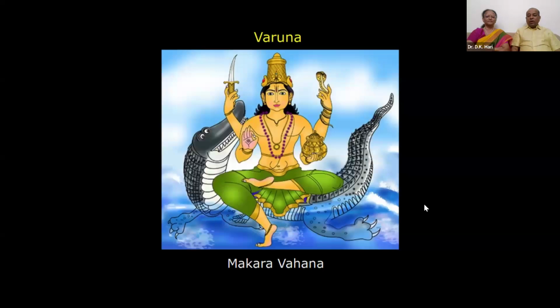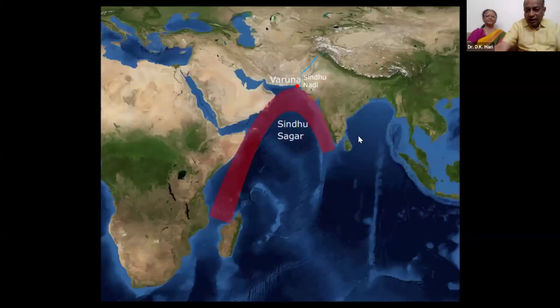And what is that coast called? Makran. The whole coast of southern Iran, all the way up to Sindh, is called the Makaran coast that she just showed you. So look at the term. It comes from the Vahana of Varuna, which is Makara. Varuna Dev is for the seas, the high seas. That's why, if you see, sitting here,